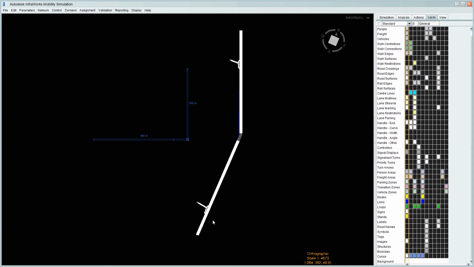Okay, so what we can now do is just create some demands in exactly the same way as we did in the pedestrian simulation. So we could go to the other parameters, the people, the terms, the demand divisions, and things like that, and set all that up. For this, we just want to see the people moving from one place to the other, being picked up by the service. So I'm going to go straight to demands in this case.